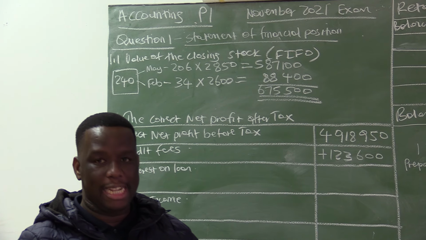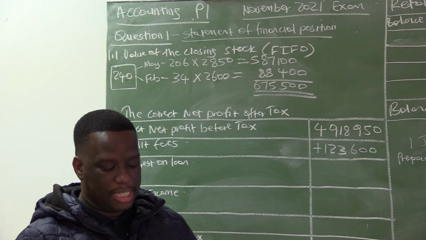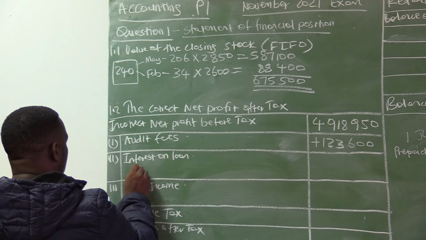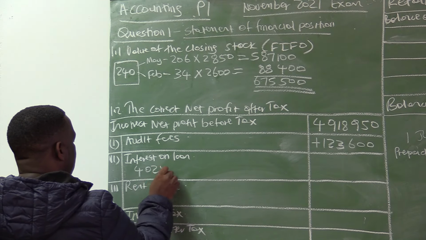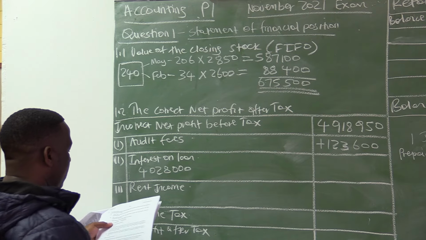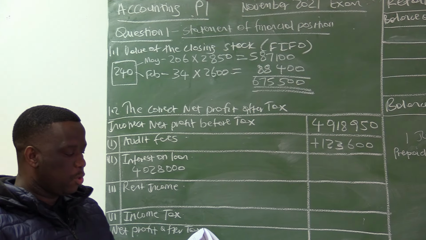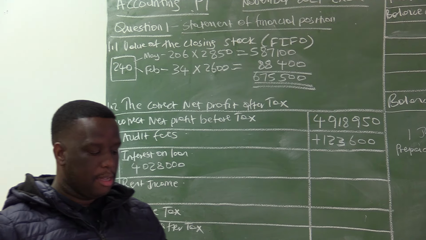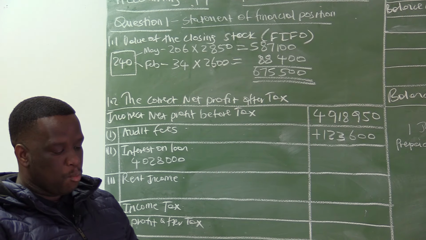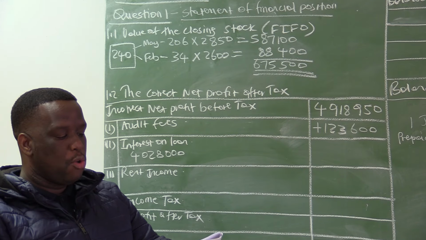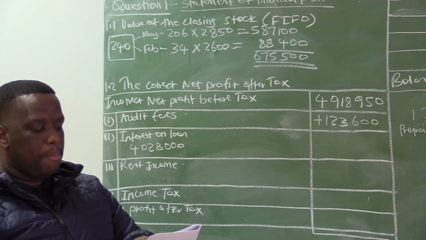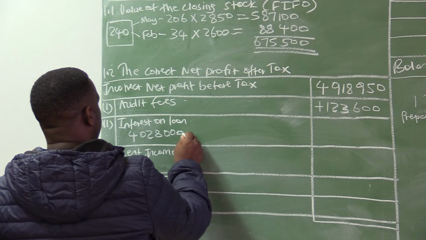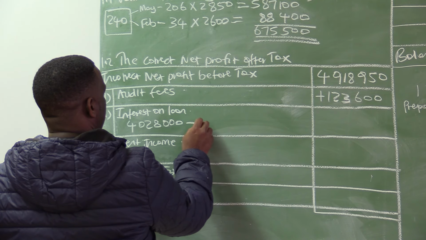So we can get the amount for interest on loan if we trace it. If you take this balance at the end, which is before interest on loan, given in the adjustments for 30 June 2021, it's 4,028,000. That was before interest was allocated. Then you go back here and look at the balance for the mortgage loan, which is 3,755,000. If you subtract that 3,755,000,